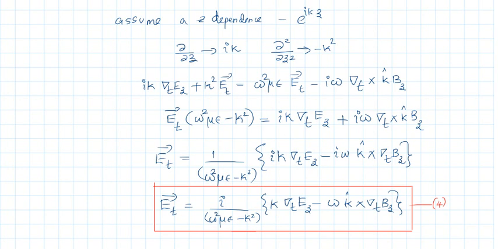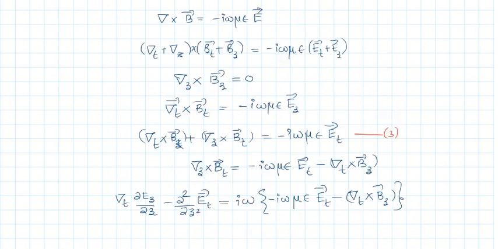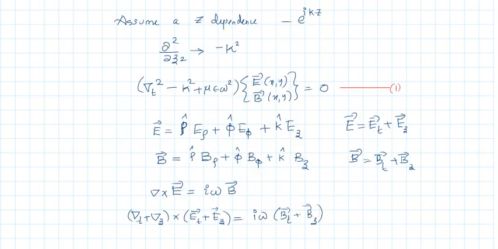What is the importance of this relation? Why did we derive this equation? Because our aim is to solve this wave equation for Ez and Bz. This E is actually vector E. It has three components, so this wave equation is actually six equations: three equations in the various components of E, three equations in B. We will consider only the equations which contain Ez and Bz.